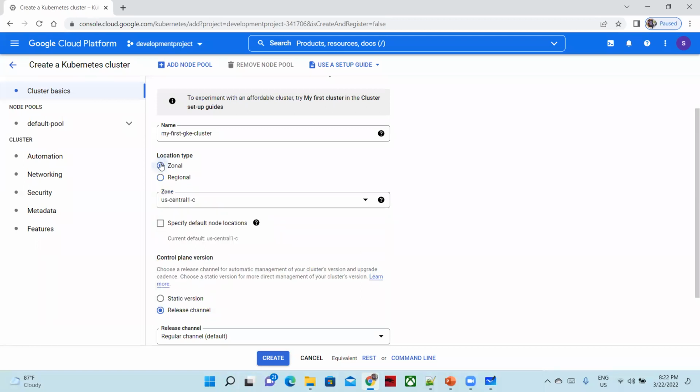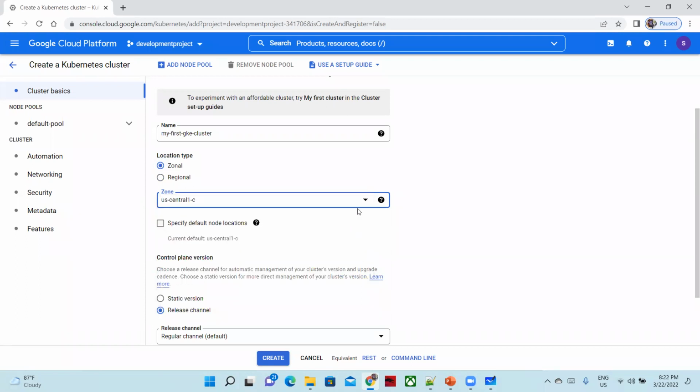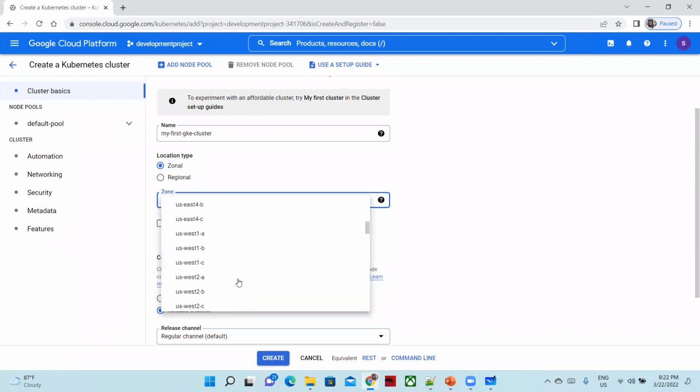Most probably, please try to go with zonal, because in a region we have a set of data centers. For US Central, we have 1, 2, 3, 4 data centers in the same region. If you go with, let's say, US West, 1, 2, 3, we have 3 data centers. So according to your requirement, based on the client's suggestion, we have to take the zone, because the zone will be decided by the customer only. We are not taking any decision. We can give the options only, but the decision will be taken by the customer for the zone,